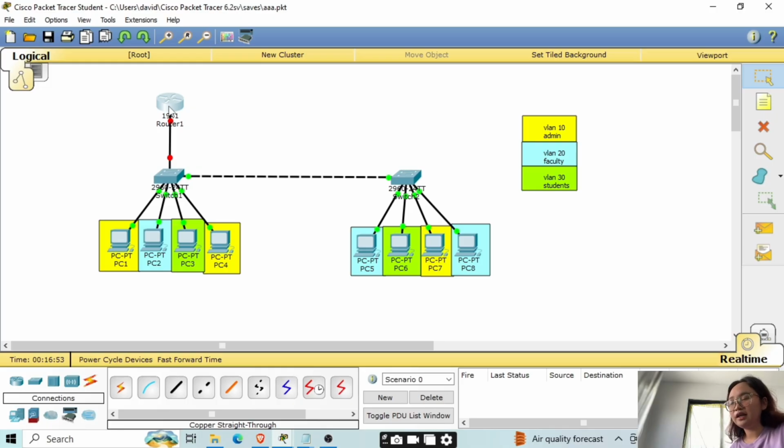And when it comes to VLAN, we're just divisioning the network. So for the router,